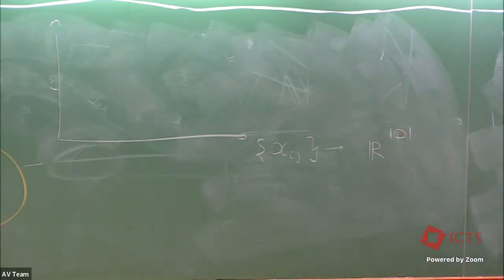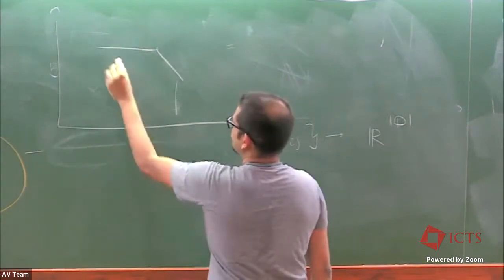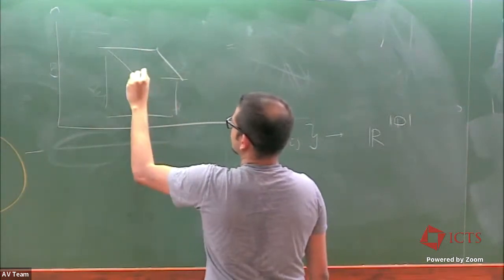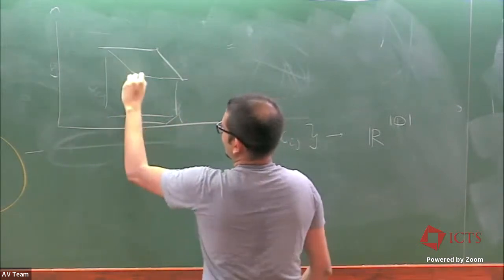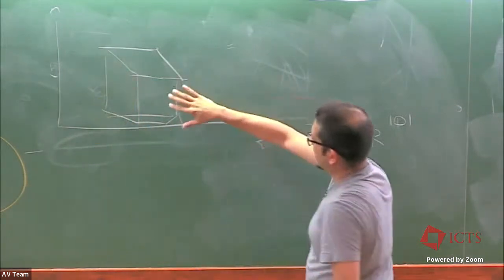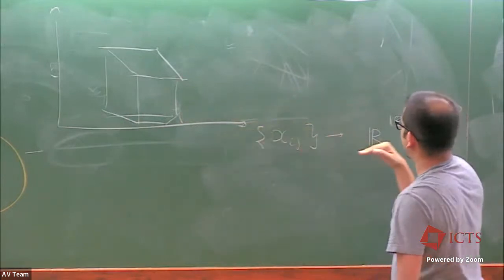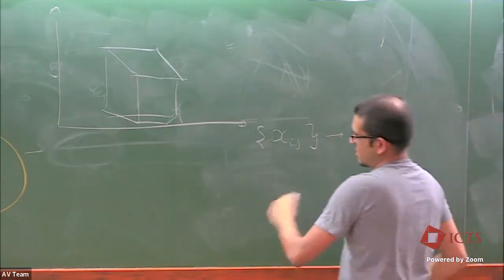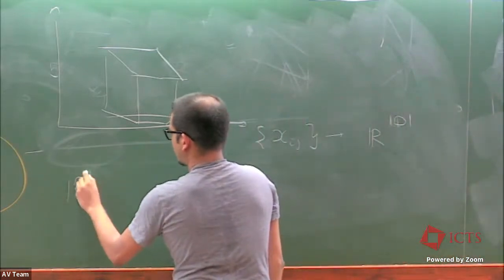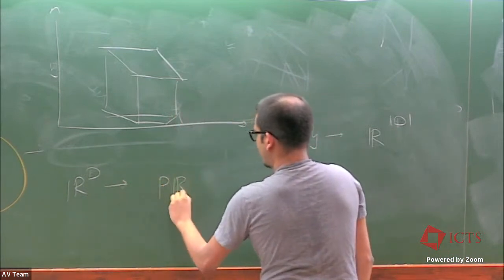And then I have some polytope sitting here, just drawing it arbitrarily. Now the statement is the following: if I think of this not as a Cartesian space, but as a projective space, so PRD,